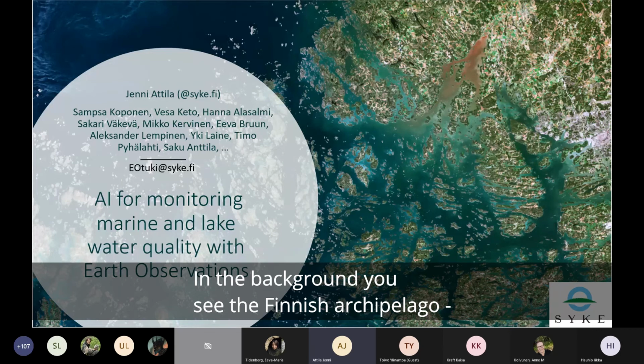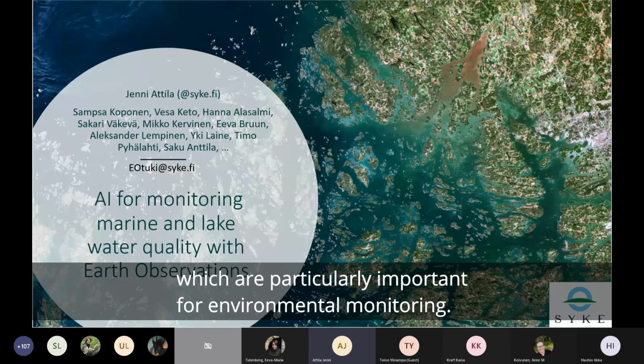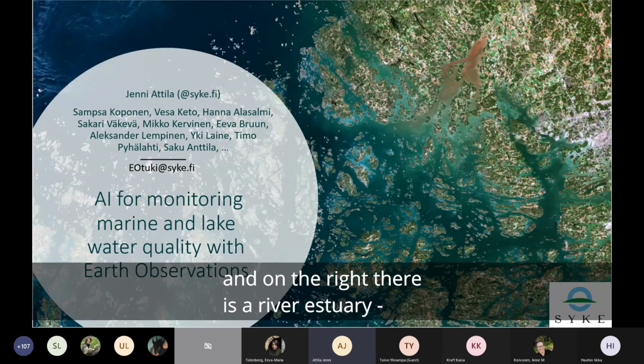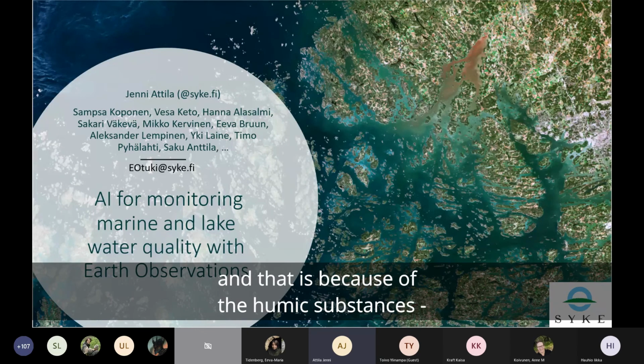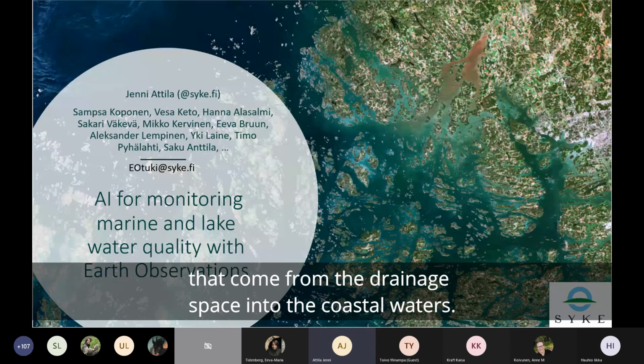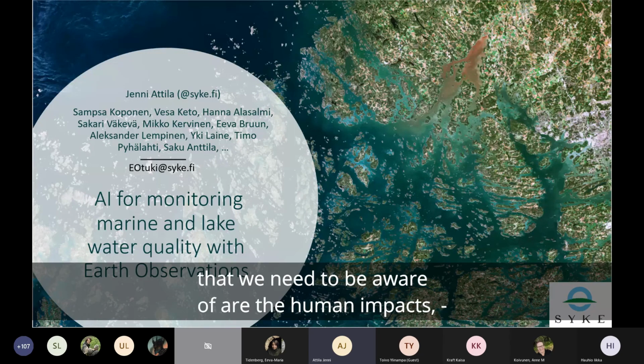In the background, you can see the Finnish archipelago and some of the very interesting phenomena over there, which are particularly important for environmental monitoring. At the left corner, there are some hints of cyanobacteria bloom, and at the right side, there is a river estuary that is really reddish, and that is because of the humic substances that come from the drainage basin to the coastal waters. And one of the things in the environmental monitoring that we need to be aware of are